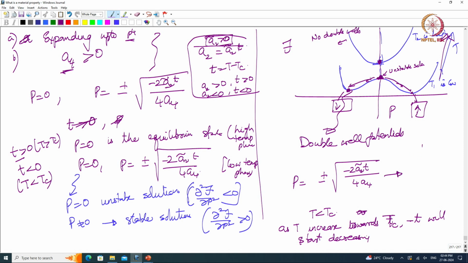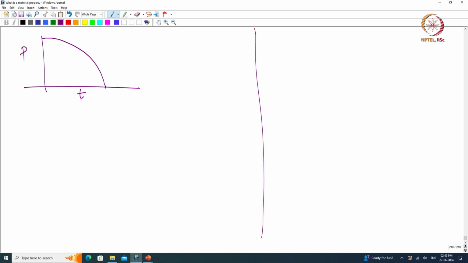So, if I just plot this, if I look at what p is as a function of temperature, p will start somewhere and then it will start to decrease like this, right. It will decrease with a root t dependence. So, that is what you have for p, and then you have, okay, let me plot it here in the next page. So, I am plotting p as a function of temperature, p is reducing as a function of temperature, close enough to the phase transition, it is reducing as square root t,